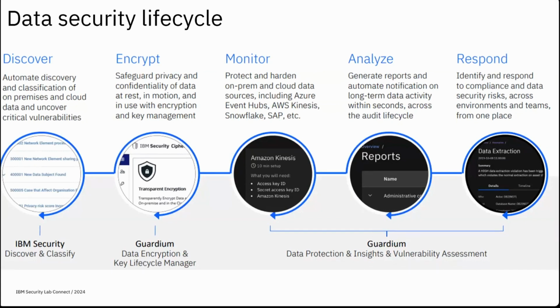The data could be on-prem, or it could be on the cloud. And it is essential that you discover all this data, be aware of it, and classify it so that you can decide what is the level of security that you need to offer to a particular set of data. The next phase is to encrypt the data, and that is where we have Guardium data encryption and key lifecycle manager,